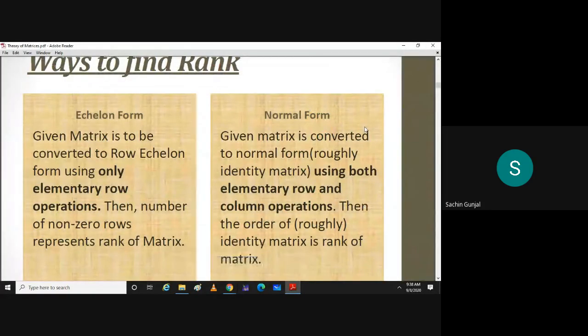So to find out rank using the definition was difficult for higher order matrices. So we have got two methods to find out rank, and out of which the first one is row echelon form. You convert the matrix to row echelon form, and then you count the number of non-zero rows of that final echelon form, and that is nothing but rank. We have considered two or three examples, and I gave you one as homework. I have also provided you a question bank for practice. You can practice at home, and in case of any doubt, you can revert back to me on personal WhatsApp. Any doubt in that?